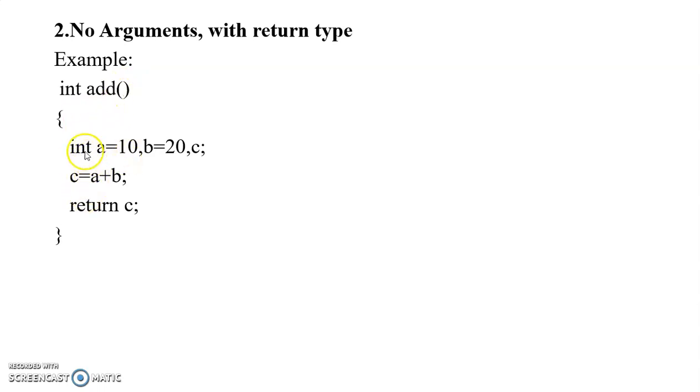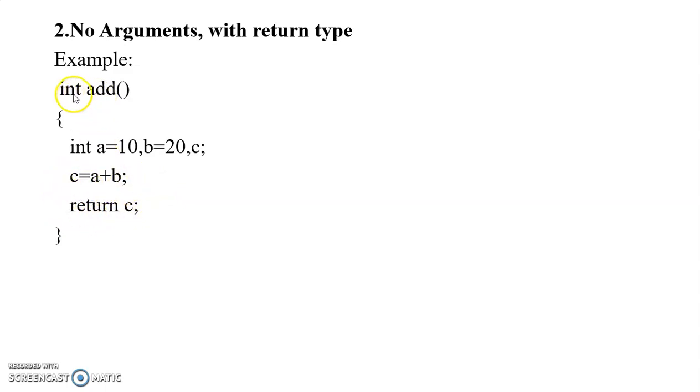Again in the body you can see here int a 10, b 20, and this is the output variable. After performing the operation, you can see one more difference here. In the previous example, I just took the printf function. Why here am I taking the return keyword?